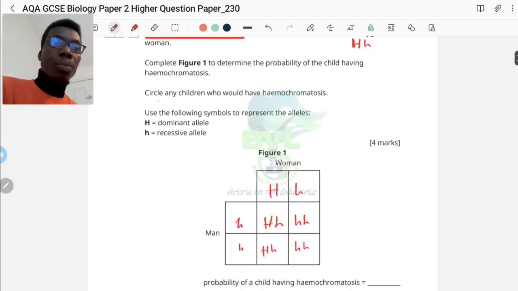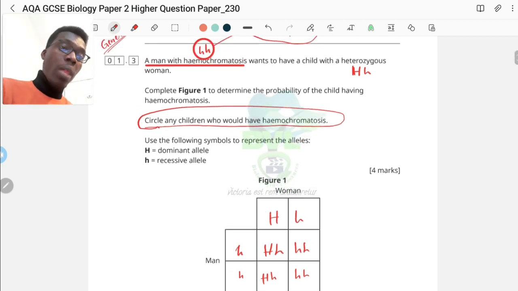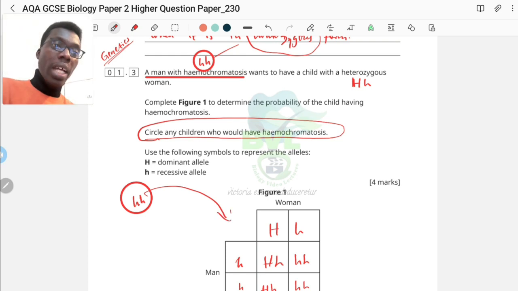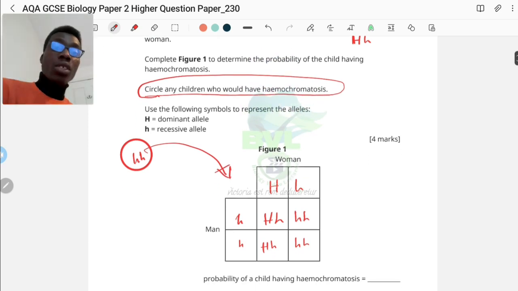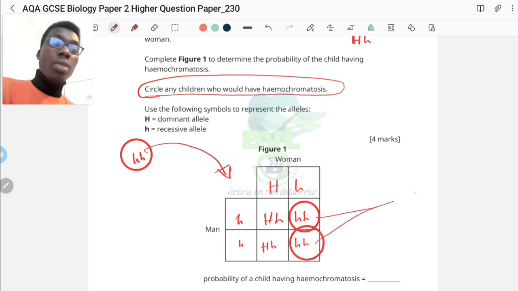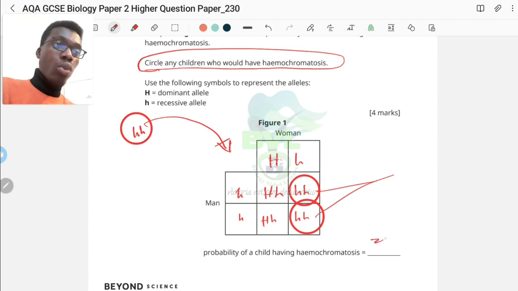So now it says here, circle any children who would have hemochromatosis. Then hemochromatosis can only be present when you have this allele present. So what you're meant to do is look at this table and see where we have such things. So you see 1 and 2. So it means these two children will be having hemochromatosis. So out of 4 children, it's going to be 2/4, or let's say 1/2